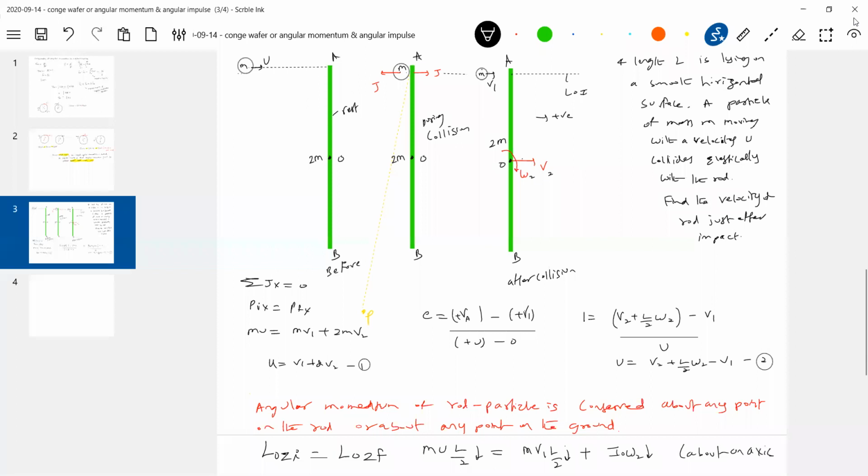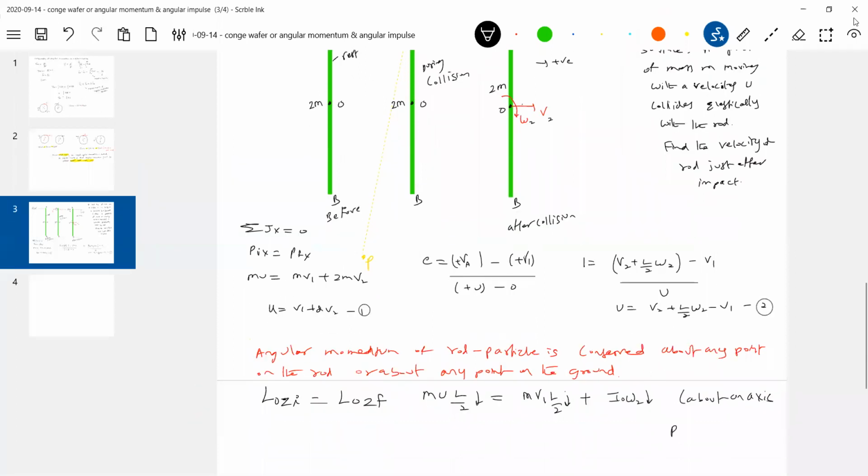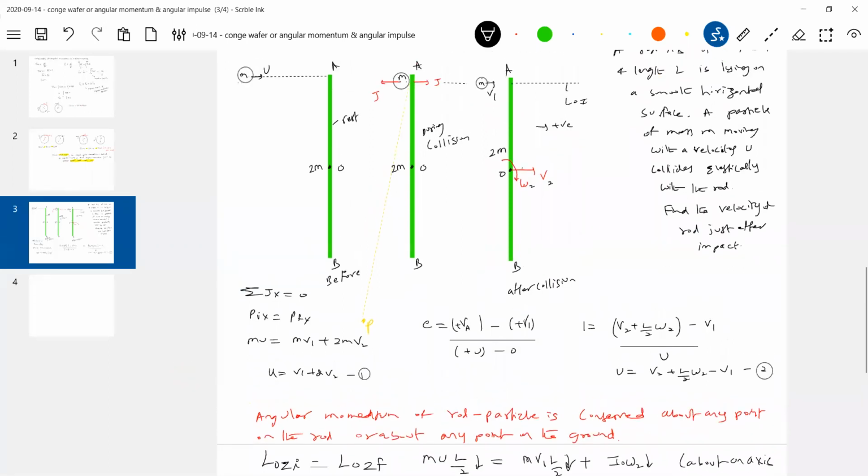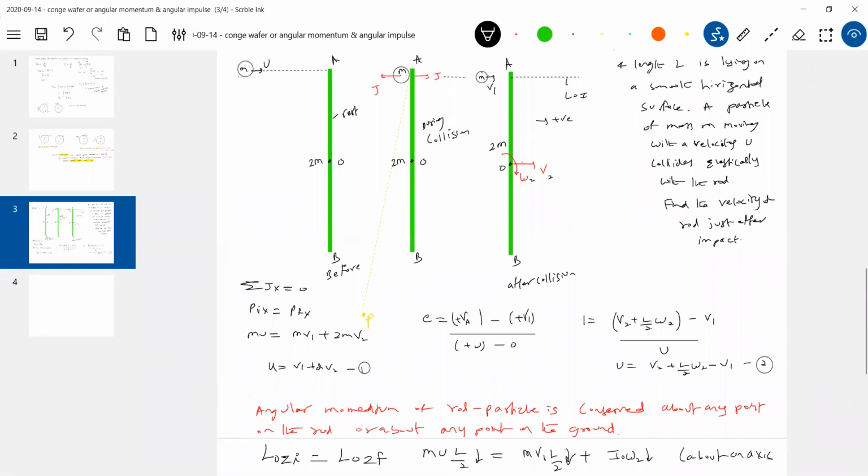About an axis passing through O, perpendicular to the plane. I'm bringing everything, just please do see that one. So what is this? That of the particle before collision. That of the particle after collision. And what is this? Angular momentum of the rod due to rotative motion. But sir, the rod is also having translative motion. But look at translative motion, or describe center of mass. Okay, fine, everything. But what is the axis?